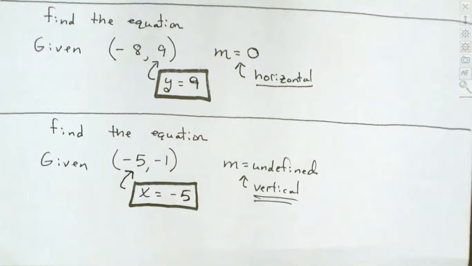Anytime you have a 0 slope, or it says it's vertical or horizontal, or an undefined slope, it's either an x value or y value. That's it. So let's go ahead and take a short break again,